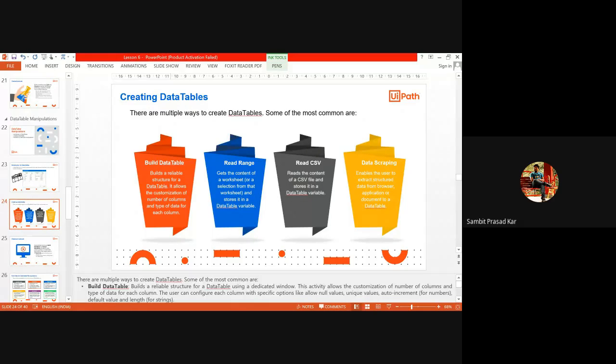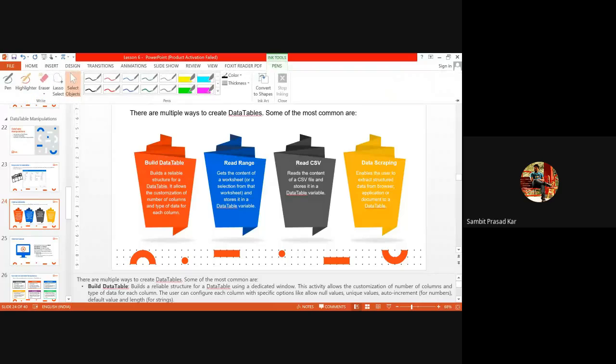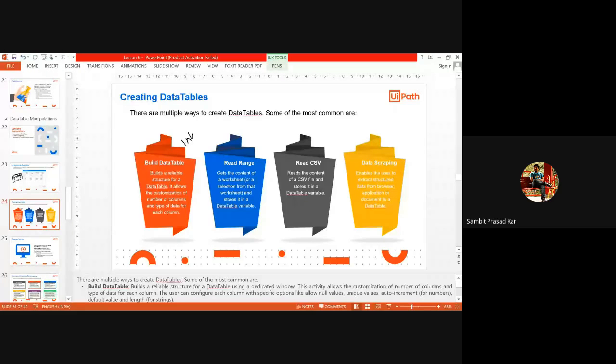One is the inbuilt UiPath Build Data Table activity, which builds a structure for a data table and allows customization of the number of columns and the types of data for each column.